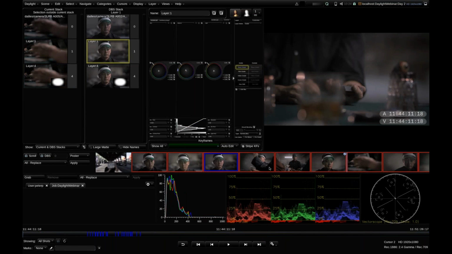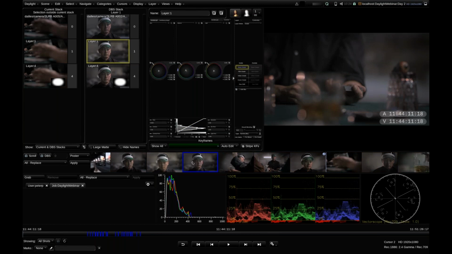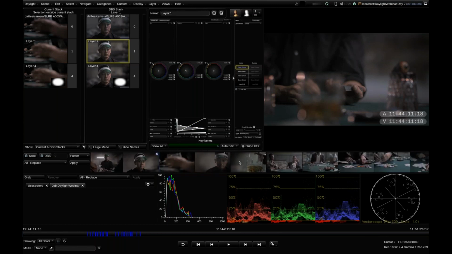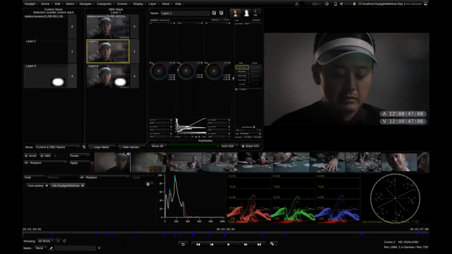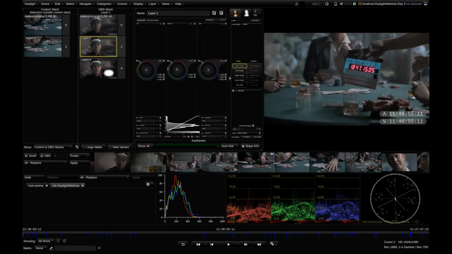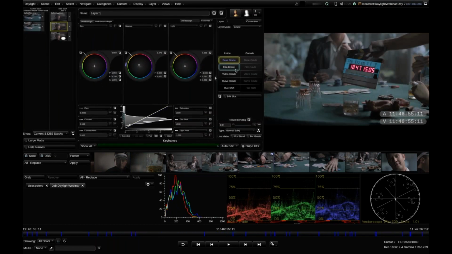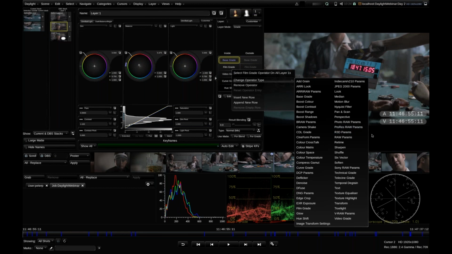So there's a lot of tools you have in here to be able to manage your color grade, copy your color grades from shot to shot, and quickly get everything graded as you need to for dailies. And as I said, all your color grading tools that you have in Baselight are available in Daylight as well. The main thing you can't do in Daylight is composite shots. So again, because Daylight is only working with one shot at a time, whereas on Baselight you could do a